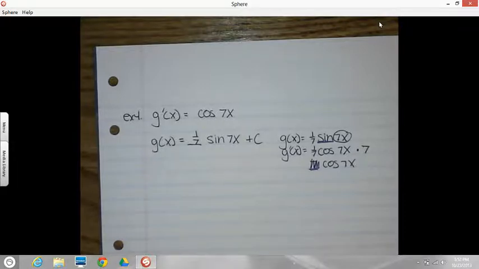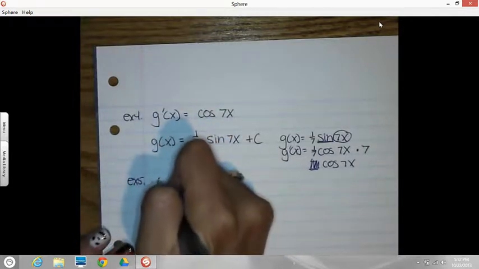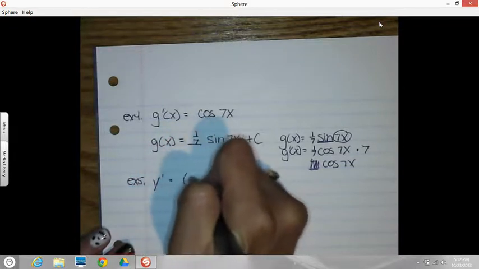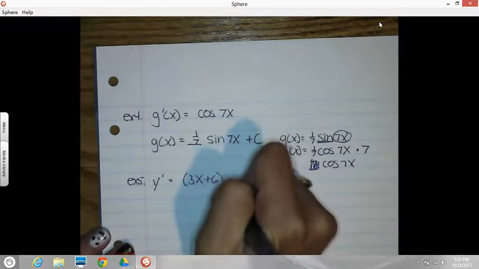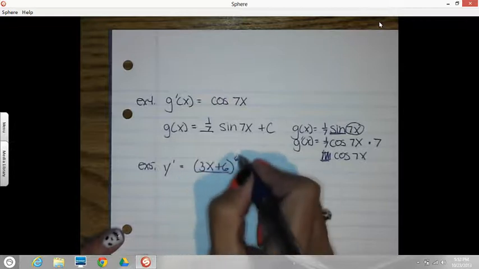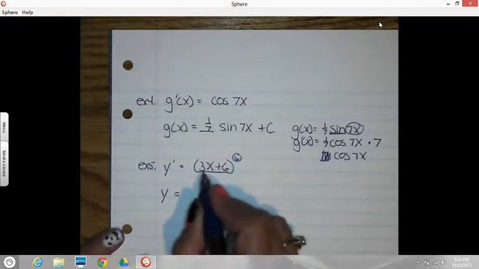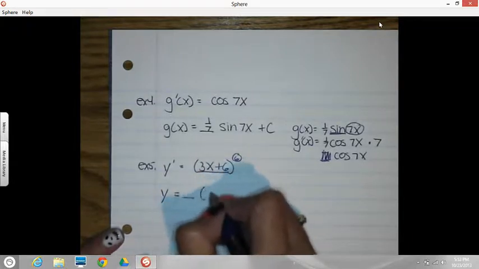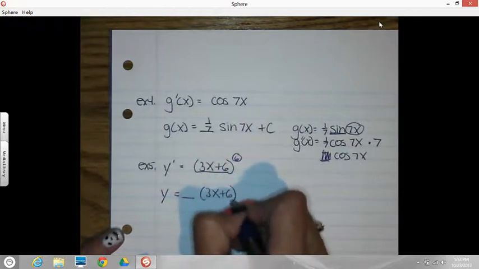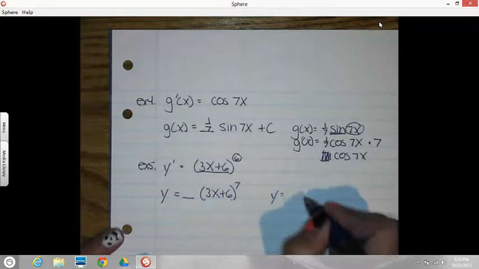Alright, a little trickier. Let's go y prime equals the quantity 3x plus 6 to the 6th. So I see the derivative has an inside and an outside, so I know the power rule happened. So start with the exponent. I know that this inside, leave a space, started out to the 7th power. I know it had to be 1 more than that, so if I check right now, 3x plus 6 to the 7th. If I check the derivative of this,